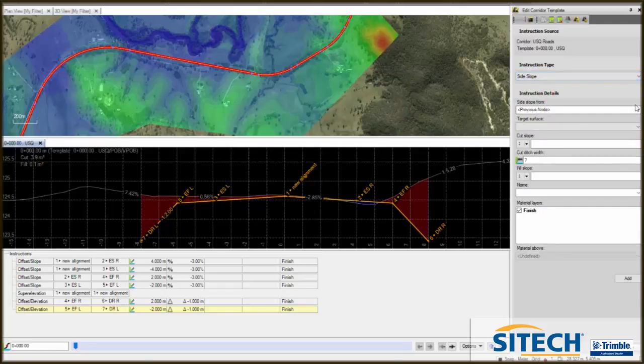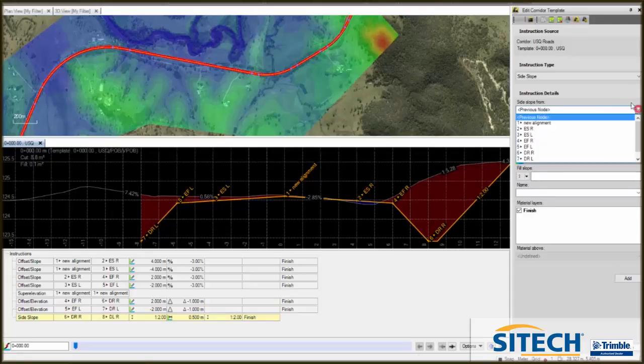And from here, it's a side slope instruction. So the first one will be drain right using web road clip. The cut slope will be 1:2. This can be set as rise is to going or going is to rise. In this case, we've got rise to going. The offset ditch will be just 1/2 meter, and then 1:2 again here. So that's going to be for daylight right, which we'll add,